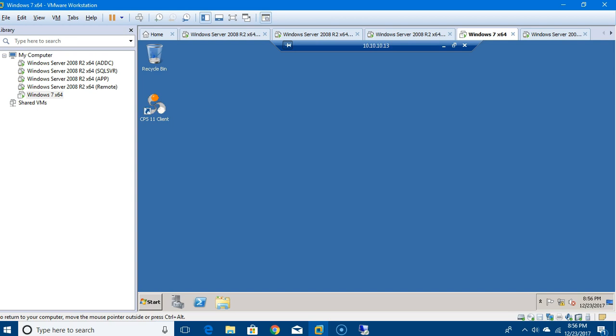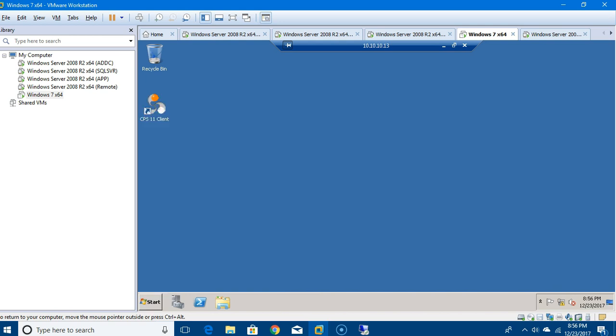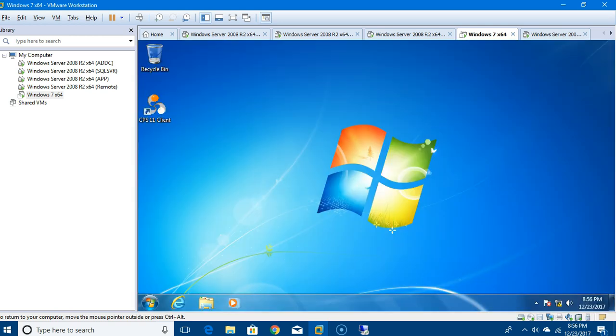Now, if you've used Centricity before on a remote desktop, then this is the same sort of scenario that you would get in those situations. And we're going to actually log